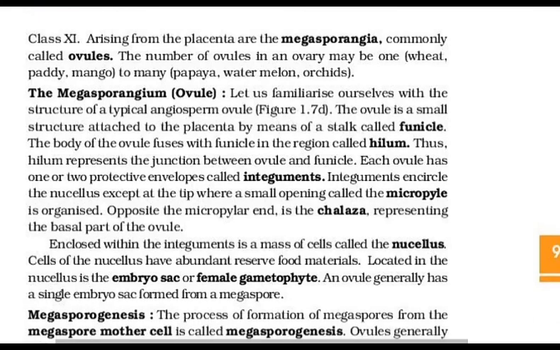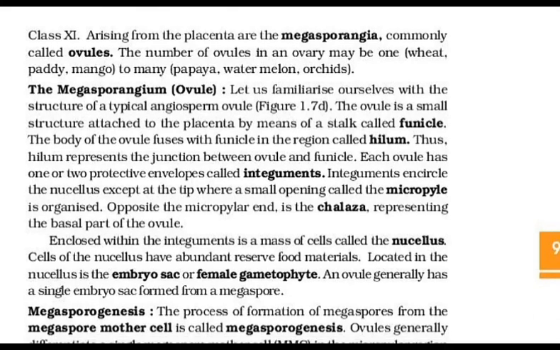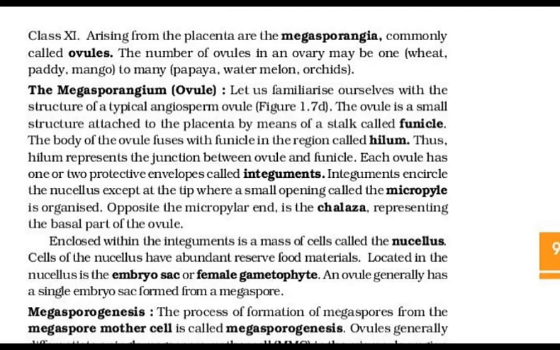You may have heard of storing semen, sperms of many animals including humans for artificial insemination. It is possible to store pollen grains of a large number of species for years in liquid nitrogen, that is